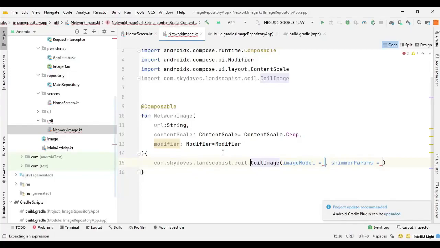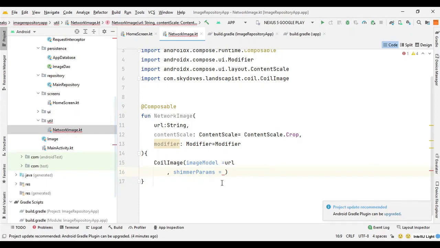So again I need to remove this import. Sometimes it imports all the text in the function itself and also here. So you can remove it always if you get it here also. So image model, for image model we can say URL,